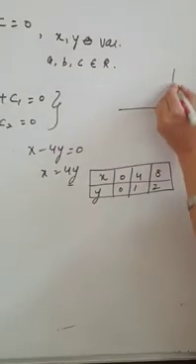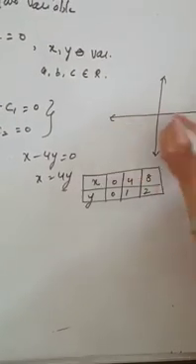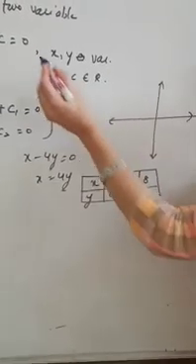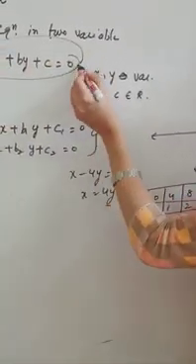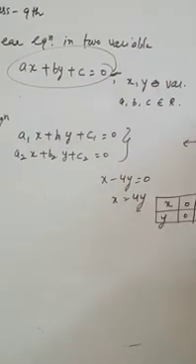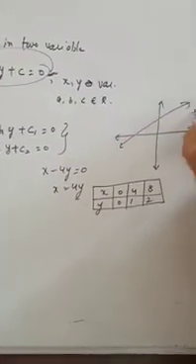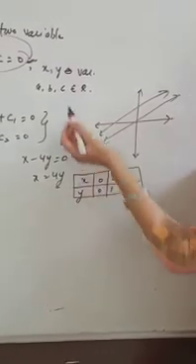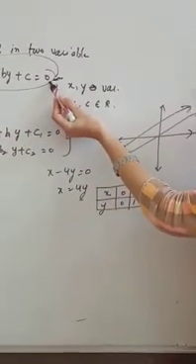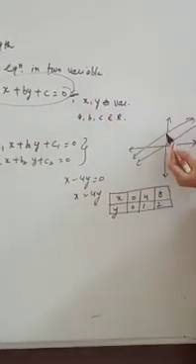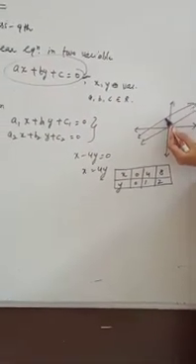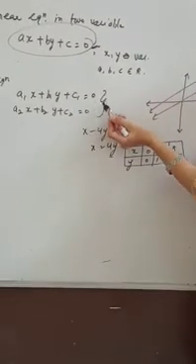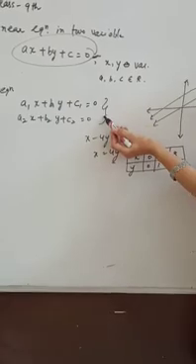When we plot these points on the coordinate axis, we get a straight line. So whenever we are given any linear equation in two variables, we get one straight line. It can pass through the origin also, like this. Okay. So for this type of equation, the graphical solution in the geometrical expression is a straight line.